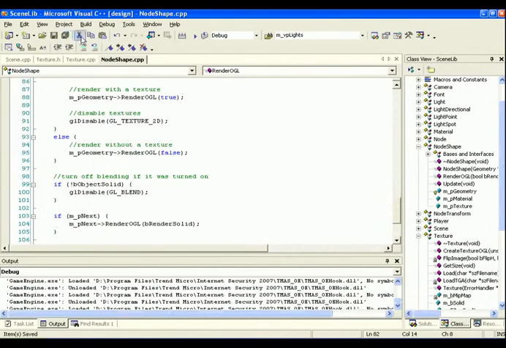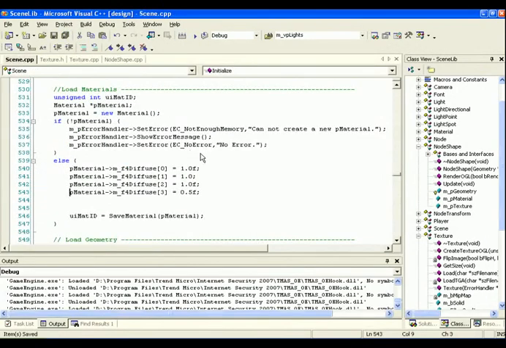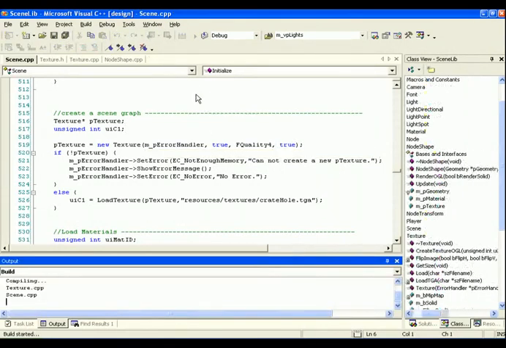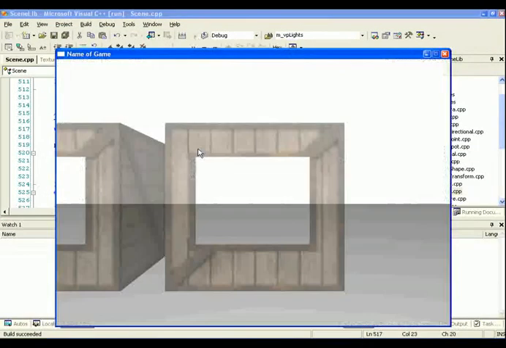So now let's save that, and we need to go back into scene or the scene initialize, and wherever we had our texture, we need to pass in that fourth parameter. So now it's asking for the error handler, the mapping, the quality, and the last value be solid. If we set this to true and save this and build it, we should see absolutely no difference than what we had before. Because we've told,